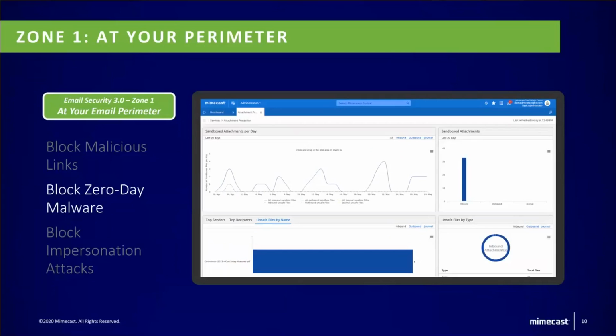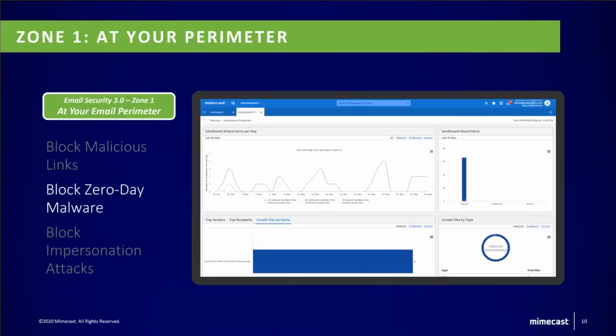One of the key differences with Mimecast is that we look at the source code of the attachment. We look at what this attachment was designed to do. Was it designed to look at your cache? Was it designed to look at your memory? Was it designed to potentially encrypt any of your files? Essentially, we look at the instructions of the file. If we see that this attachment has instructions to do something bad or malicious, we will block it based on the instructions. So that's one of the key things. We don't only block it based on the action, but we block it based on the instructions.